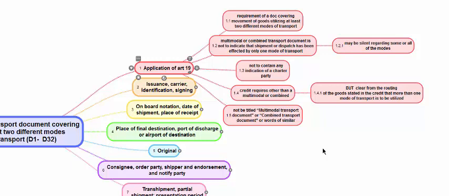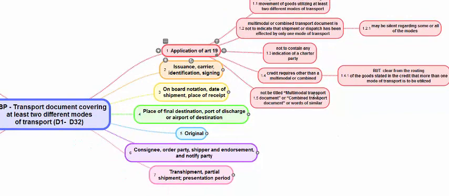And the credit should call for a document covering at least more than one mode of transport. The document should not indicate it is subject to charter party. If the credit requires other than a multimodal, but it is clear from the routing that the place of receipt or final destination is a landlocked place, and even if a BL or anything else is called for, it requires multiple modes of transport, then a multimodal transport document can be submitted and it has to be examined under Article 19. The document need not be titled as MTO or MTD or CTD or whatever.